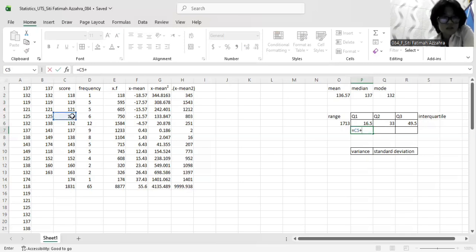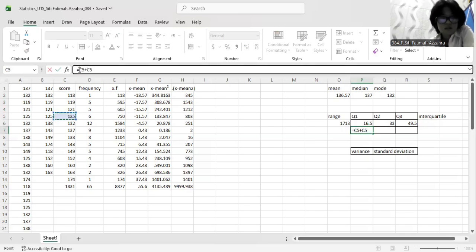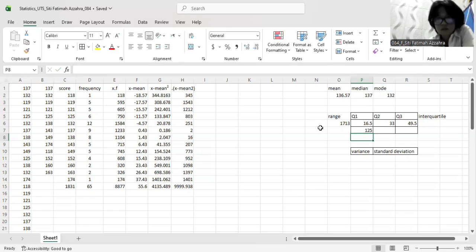Ditambah lagi dan kasih bracket dan dibagi 2. And then we have it. It's the same, right? And so we're going now to find the sum of the 33, which is the closest of 33. Okay, we're going to find it from the frequency again. Which one is the closest to 33?